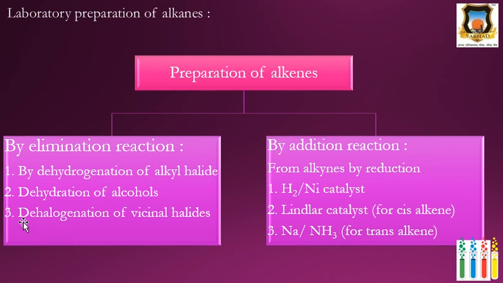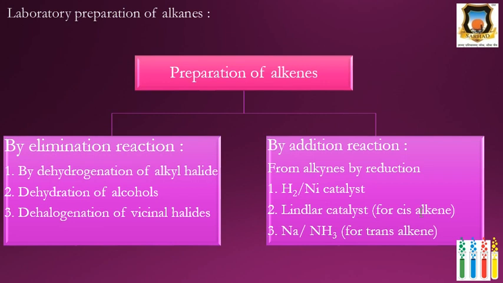Then third preparation method is the dehalogenation of vicinal halides. When two halogen atoms are on adjacent carbons, it is called vicinal halide. And dehalogenation means removal of halogen. By removal of this halogen, you get alkene as a product. Then next, preparation by addition reaction from alkynes by reduction in presence of H2 nickel, and second is Lindlar